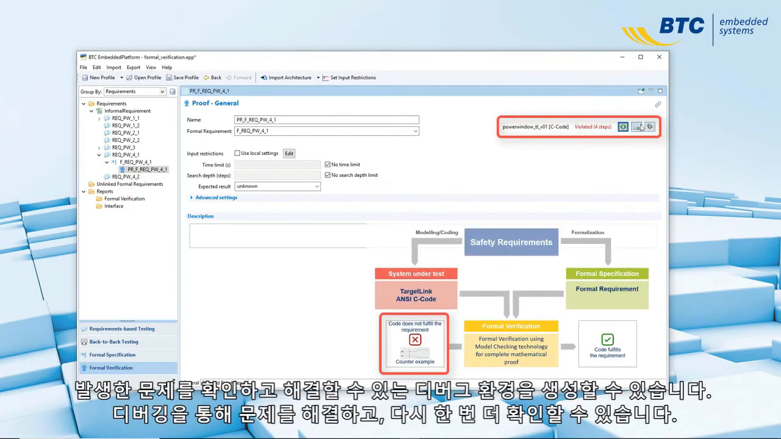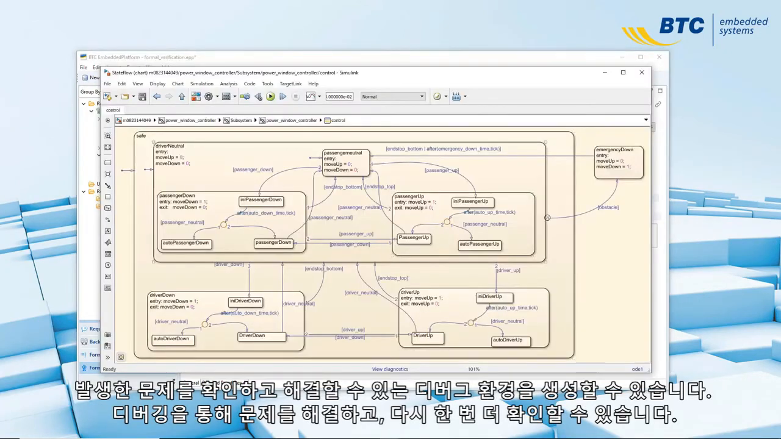From the counterexample test case, we can now generate a debug environment, identify and fix the problem, and run the